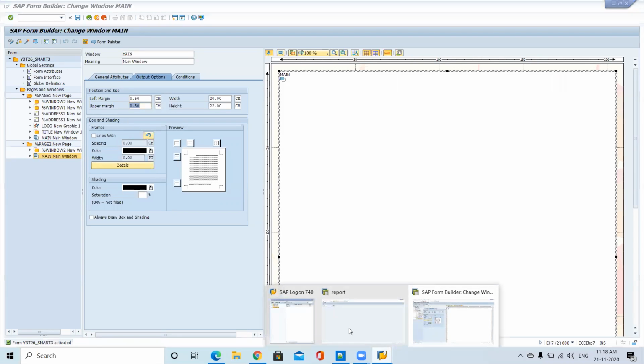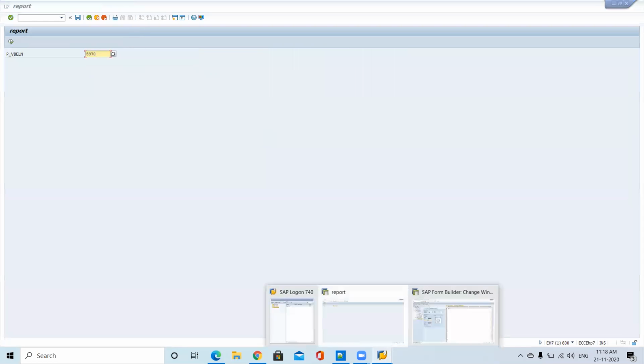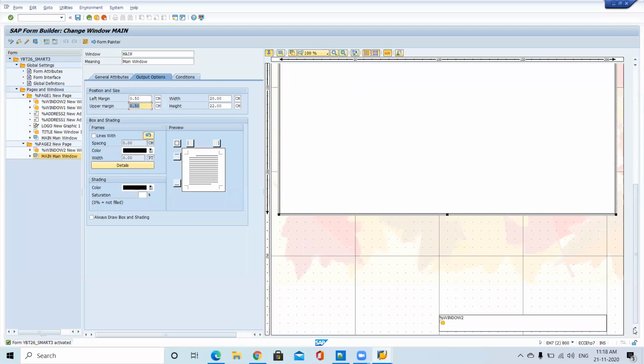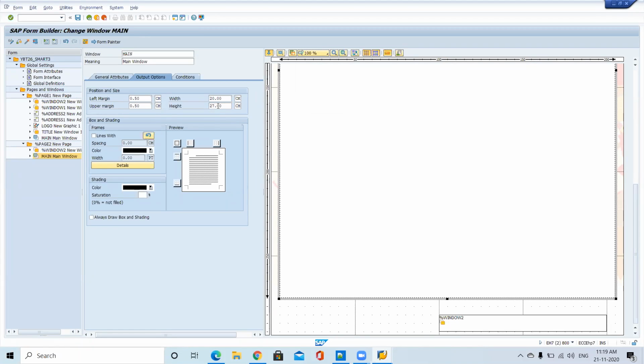So previously the blank space was there. Now I removed the blank space, and at the same time, what we have to do in this one, if we come down, we just reduce the upper margin. At the same time, the same space you have to increase. Previously it was 22. Now I'm just changing it to 30. 30 is crossing that limit. So now I'll just change it to 27. 27 or 28 also we can give. I will just try 28.